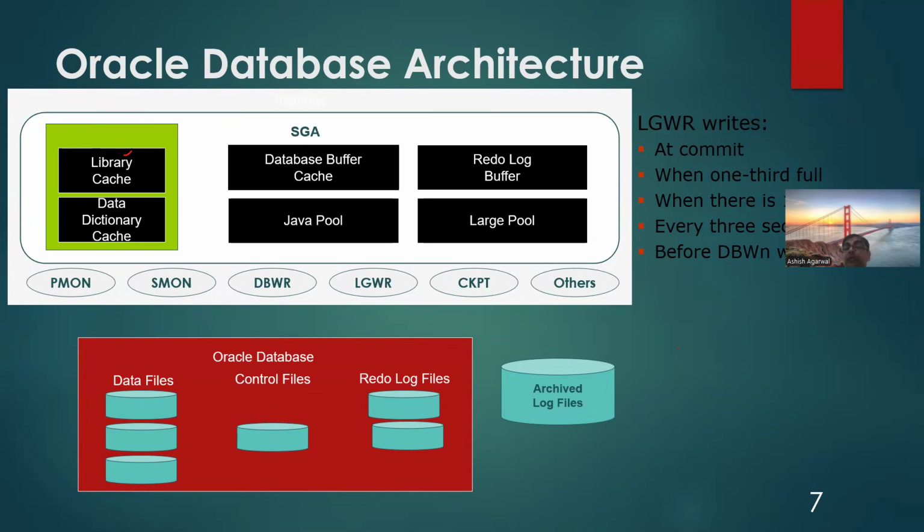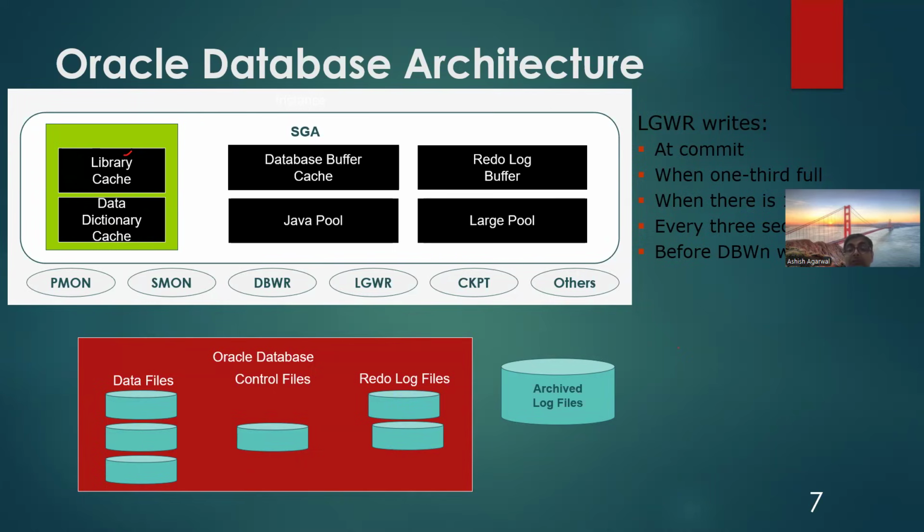So guys, if I have to talk about Oracle database in full, I can speak for 6 to 7 hours. But here I'm going to talk only about what is relevant to Oracle GoldenGate. So we are going to keep it short and sweet about Oracle database architecture pertaining to Oracle GoldenGate, what is required. GoldenGate reads the changes from redo log files or archive log files.